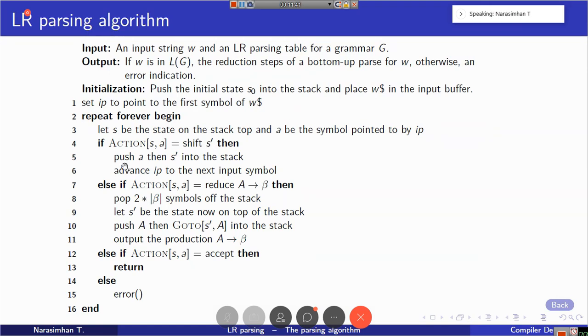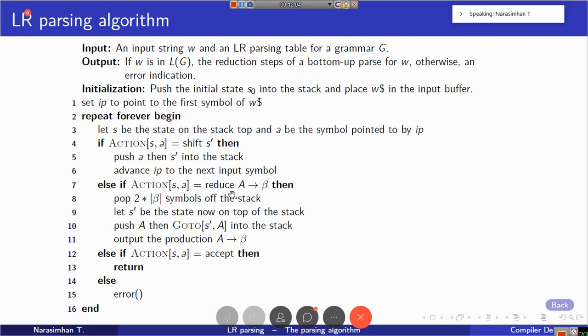So push A, then the next state S' into the stack. Once you have performed this operation, the next input symbol will be A[i+1], right? So you need to move the pointer one position right. That is, you advance the pointer to the next input. This is the shift operation.